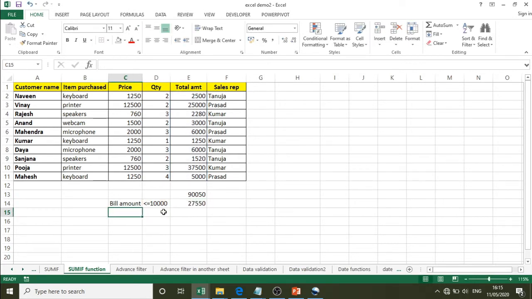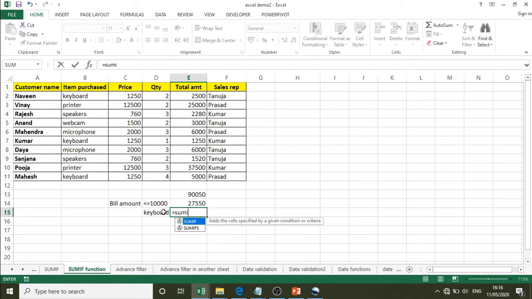Similarly, I want to know the keyboard sales. What I will do is use equals SUMIF, and then this is the criteria column from which I want to apply criteria, comma, the criteria I can give in this way, either this or just the cell address, put a comma, this is the summation column.